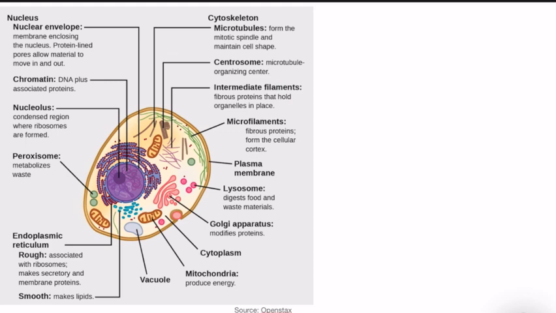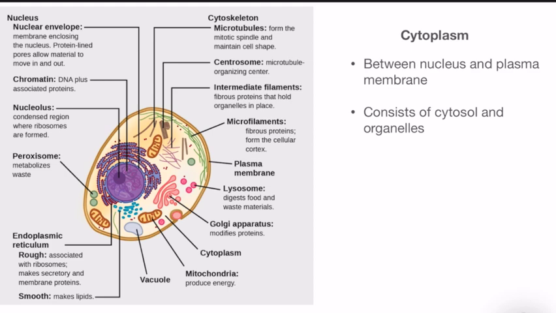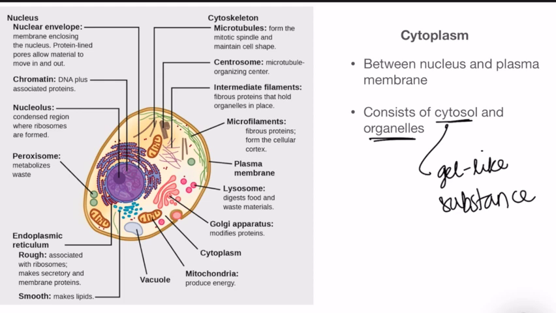For this video, we're going to focus on an animal cell. So what you see on your screen right now is an animal cell, and it has all of these organelles that we will be talking about one by one, starting with the cytoplasm. So the cytoplasm consists of two things. It consists of the cytosol as well as the organelles. And the cytosol is the gel-like substance that the organelles live in. So between the nucleus and the plasma membrane, which is all of the stuff here, that is the cytoplasm. And again, the cytosol is the gel-like substance, and the organelles that are living in that cytosol,